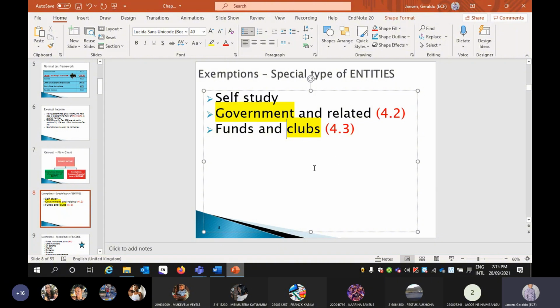Sorry, and once again, I just need to reiterate that clubs is not nightclubs. A nightclub can be a business. When we talk about clubs, we talk about social clubs, recreational clubs, tennis clubs, sports clubs and all these things, even movements. Here with government and related, I even want to add a movement such as the Job Amupanda movement. These are all exempt entities because they are, in essence, actually business, but they are exempted